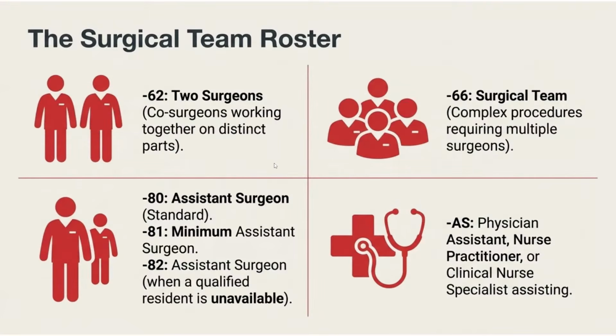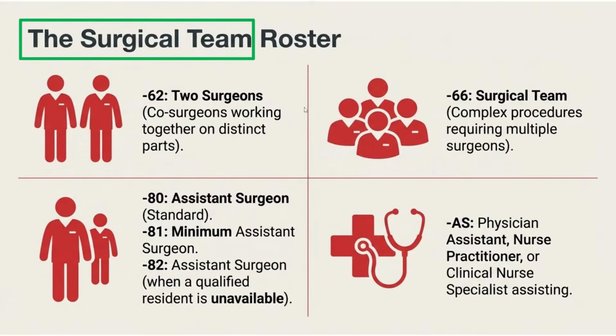All right, I'll continue. So now when we're talking about surgical teams, that's more than one physician. You've got modifier 62, 66, and then you've got these assistant surgeons, modifier 80, 81, 82, and then the physician assistant or nurse practitioner or clinical nurse. So these all are related to more than one doctor, and each have their own purpose. Now, make sure you know what I say. You don't have to know them all. I would just really focus on these two surgeons, know the difference, and these assistant and minimum and